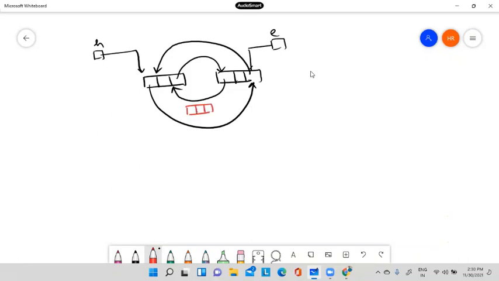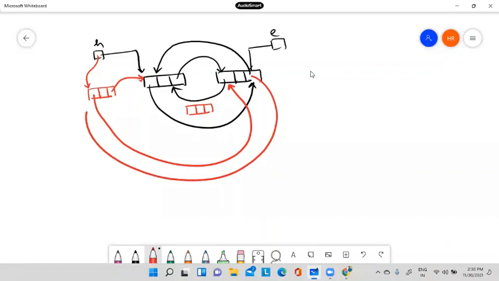If I add this at the front, each will point to this, this will point to the next, this will point to the end, this end will be modified, and this will point to this. If I insert in between, this will point to this, this will point to this, this will point to this, and this one will point to this.